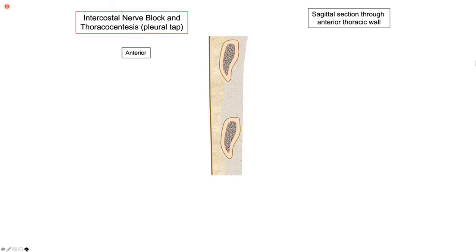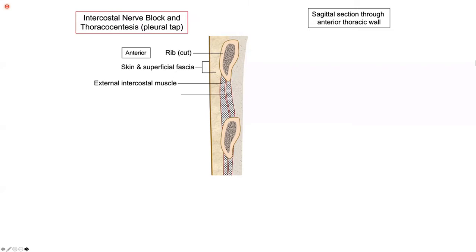Now this is a sagittal section. We know about these layers. We are good with this information. We are good with these muscles. You're looking at the external intercostal muscle, the internal intercostal muscle, and the innermost intercostal muscle. Are we good so far? Perfect. And now we talk about this vein, artery, and nerve. They are there, nothing new.